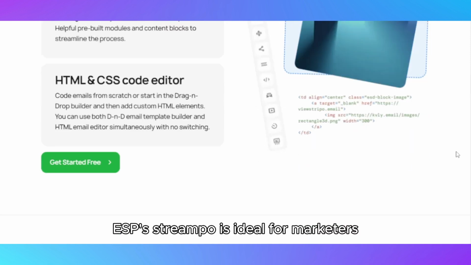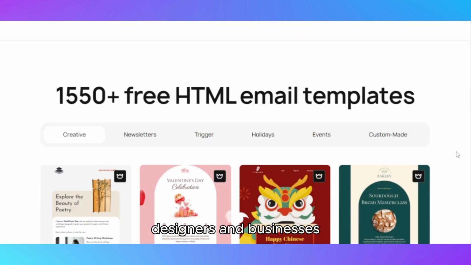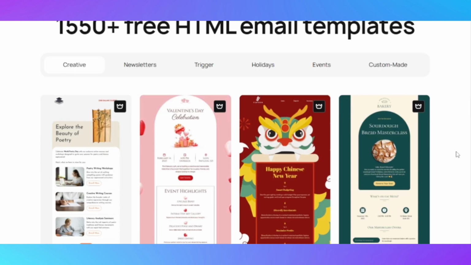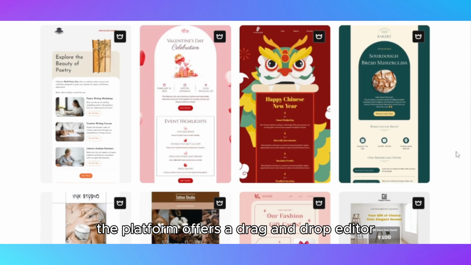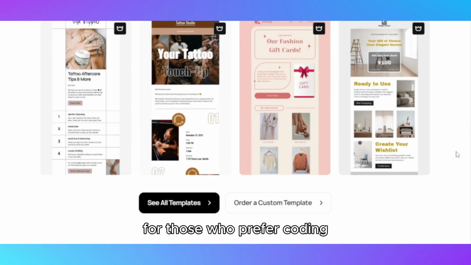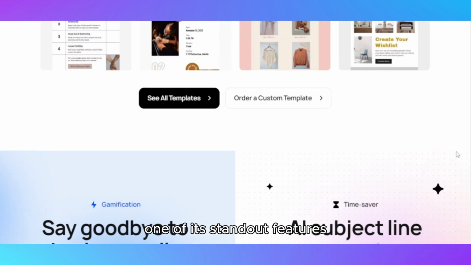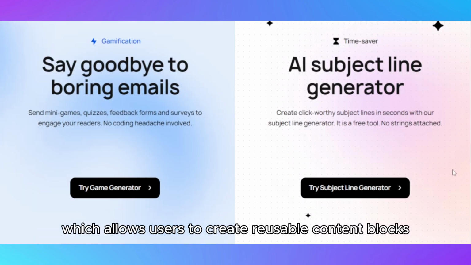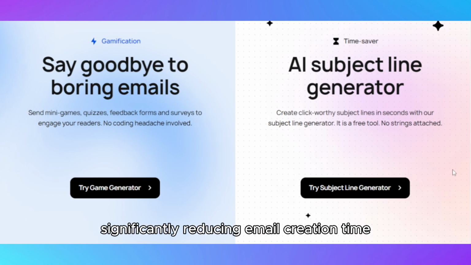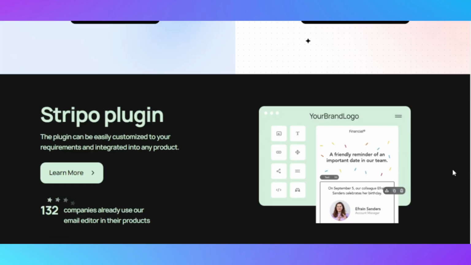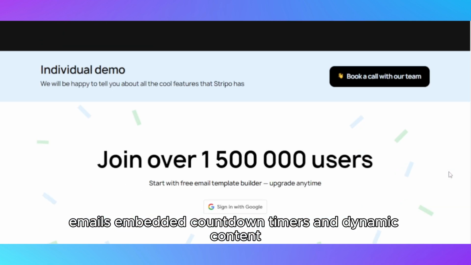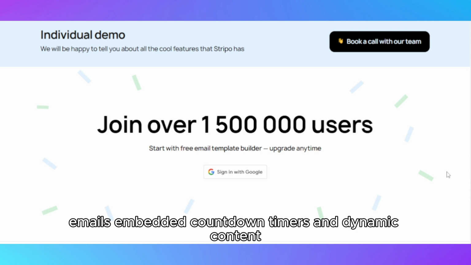Stripo is ideal for marketers, designers, and businesses that need a flexible and efficient way to create visually appealing emails. The platform offers a drag-and-drop editor along with an HTML editor for those who prefer coding. One of its standout features is the modular email design system, which allows users to create reusable content blocks, significantly reducing email creation time. Stripo also supports interactive elements like AMP emails, embedded countdown timers, and dynamic content, making emails